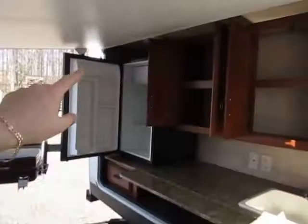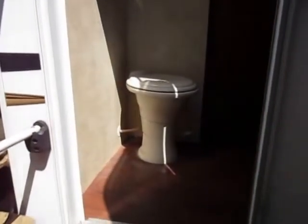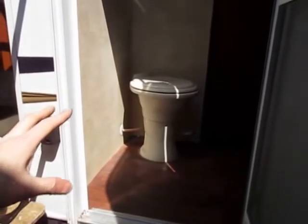People who have had a camper, especially a bunkhouse, are going, oh my gosh, there's a toilet with an outside door. That's awesome. It's one of those things that at first glance you think someone's crazy for building it like this. And then when you go camping you find out that that refrigerator and that toilet are the number 1 and number 2 reasons, no pun intended, that people are in and out of the camper. So this is going to keep so much of your dirty foot traffic from tracking through your camper,